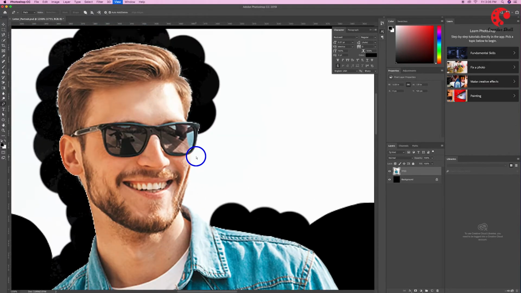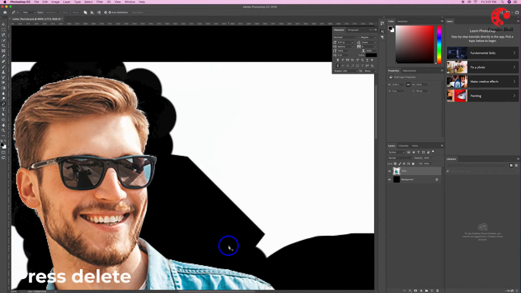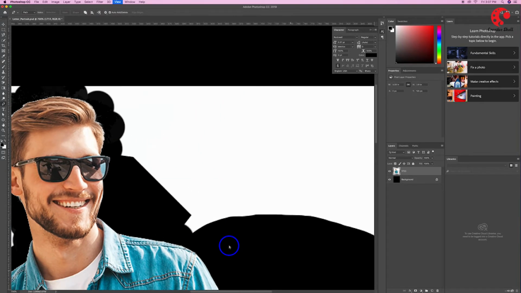Zoom in a little more on the man's face, click on the outline of the face or shoulder and keep tracing with the pen tool. Once you are done, press enter to close the path and press delete.